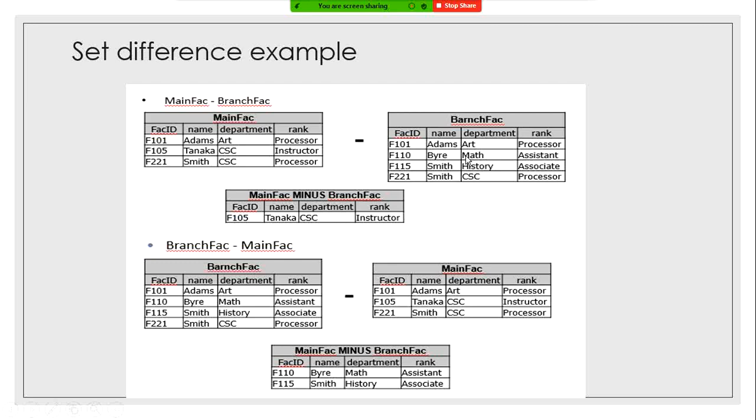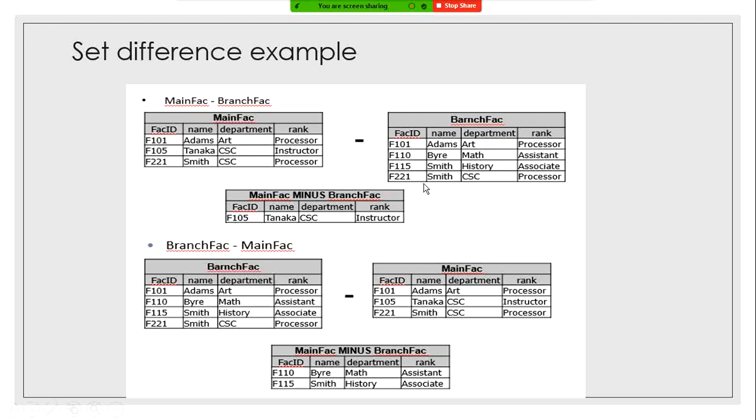We will look for it in the branch factory. No, we cannot find it in the branch factory, so we will include it in our resulting table. Next we have Smith in the main factory. We also have a Smith in the branch factory, so we will not include it. So this will be our resulting table when we apply the difference operation on main factory minus branch factory.